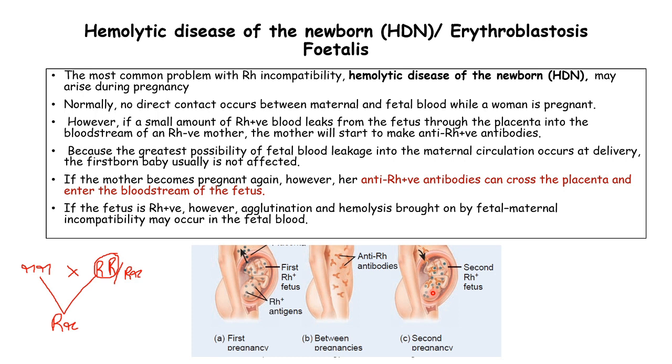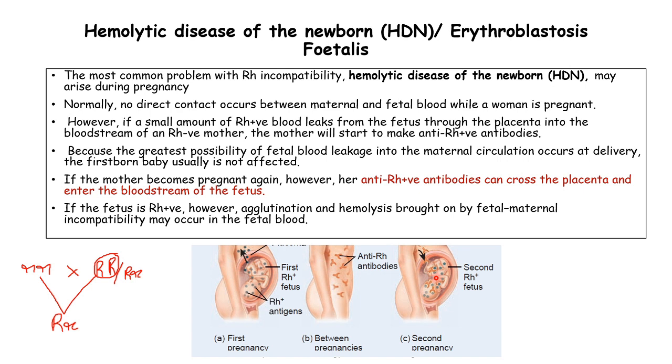As I said earlier, the nutrients and all the essential requirements for the fetus will be passing through the placenta, and also some antibodies can cross through the placenta, and those antibodies will reach the second fetus, and that will result in hemolysis. All the RBCs of the second fetus will be destroyed, and that hemolysis will cause the premature death of the baby in utero, and that is why it is called hemolytic disease